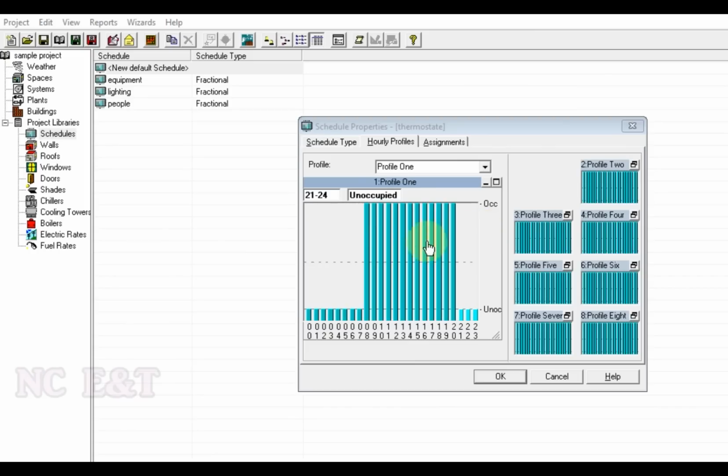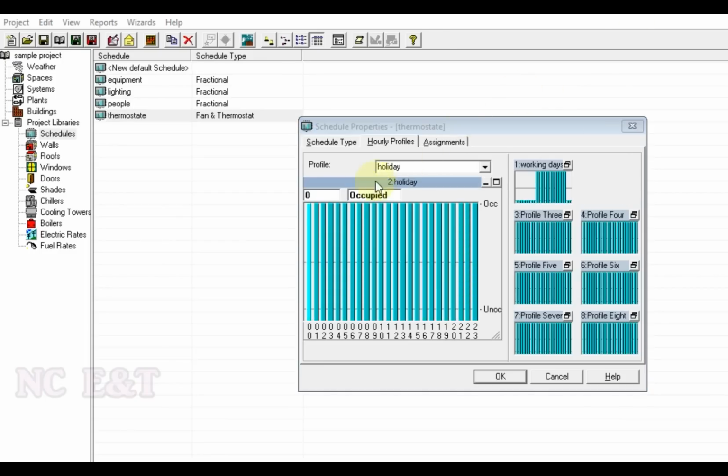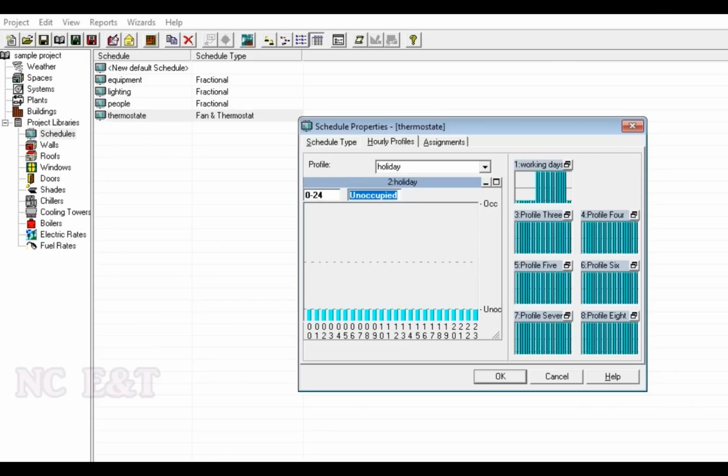Again after 8 there will be no one in the office, so we will select unoccupied. It is for the working days. For holiday the system will not operate, so from 0 to 24 hour we will use unoccupied.